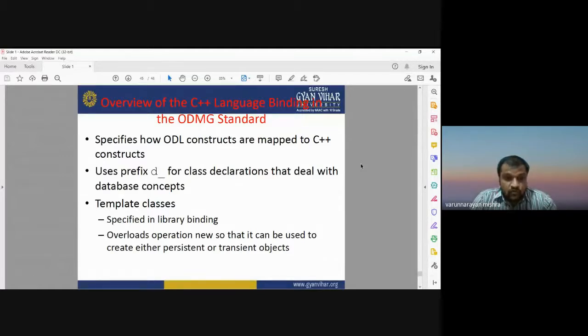It overloads the operator new so that it can be used to create either persistent or transient objects. So C++ can work with both persistent and transient objects, and for that we specify it in the binding library so that we can use either kind of object.